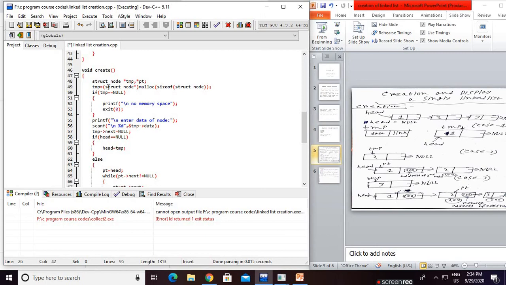Now if not, we go here. Printf enter the data of the node. That means we input the data. What is the data? It is the value of that node. Now for accessing the data and address of a particular node, we use this arrow operator every time. Now scanf %d